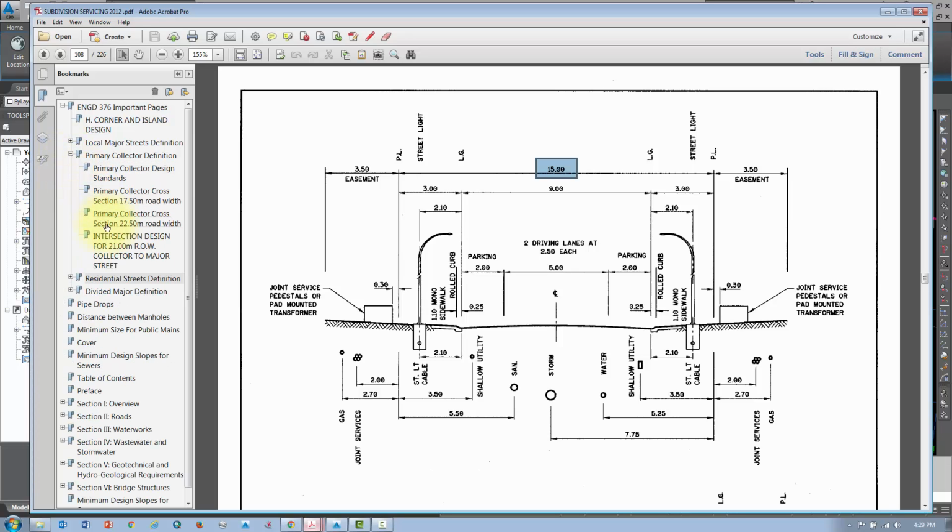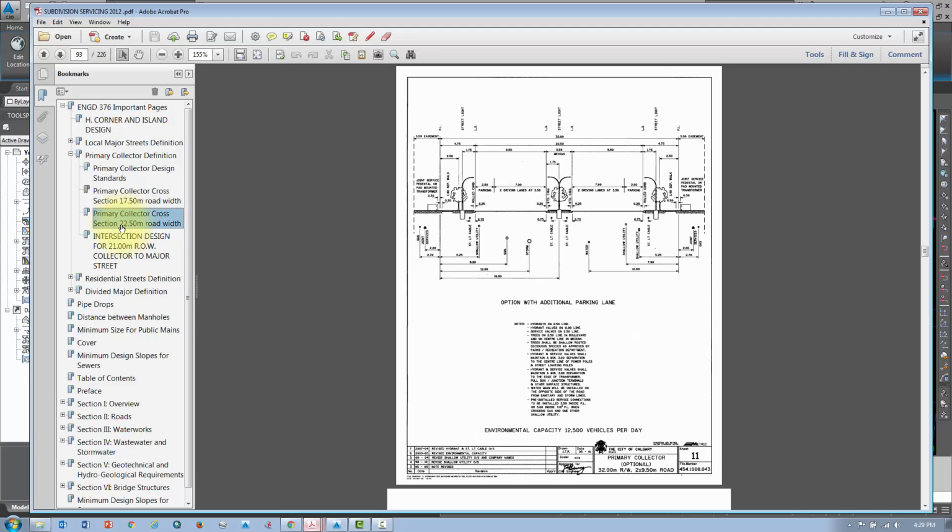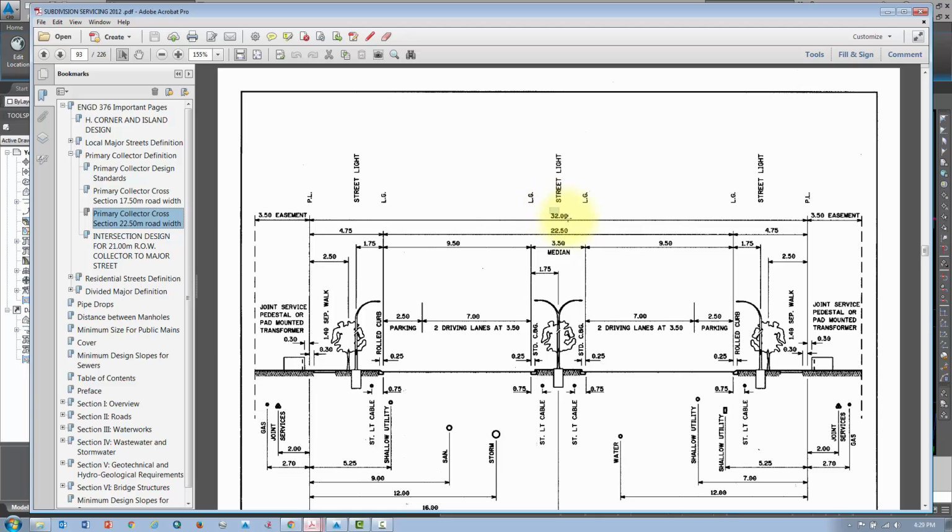So I'll have to check out some other different cross sections here. I've got a cross section with a 17.5 road width. Now that's a road width, that's not a property line width, so you'll still have to check that one too. You got to go in each one of these. It looks like a 27 property line to property line distance, so that's not going to work either. And we'll check the 22 and we'll just go through those different road designations. There it is there. So I've got a 32 meter property line to property line distance, and once I've determined that that particular street is a primary collector,